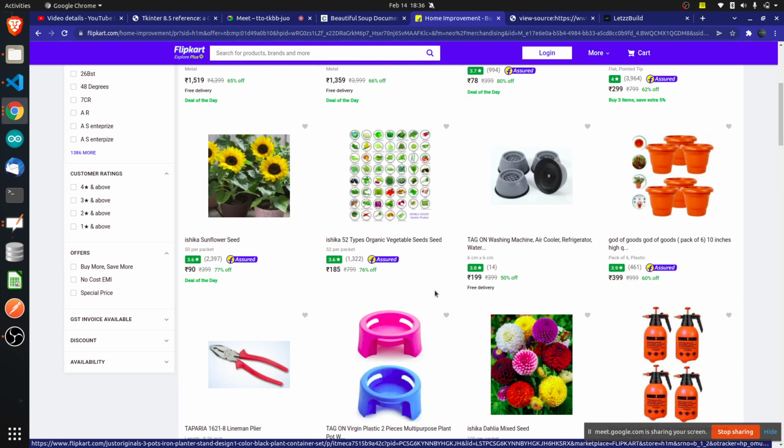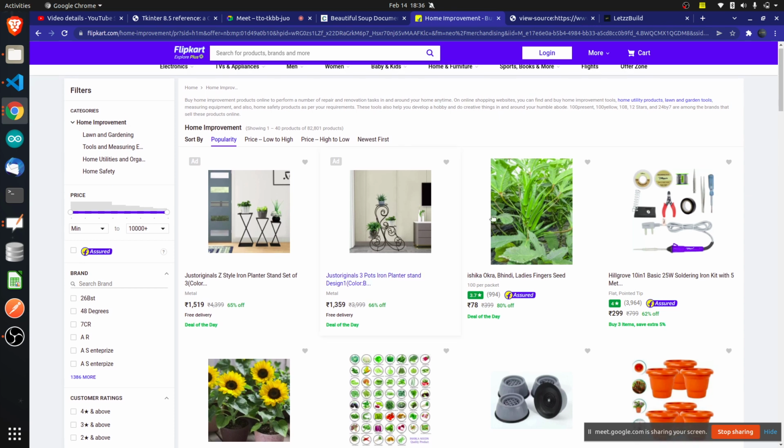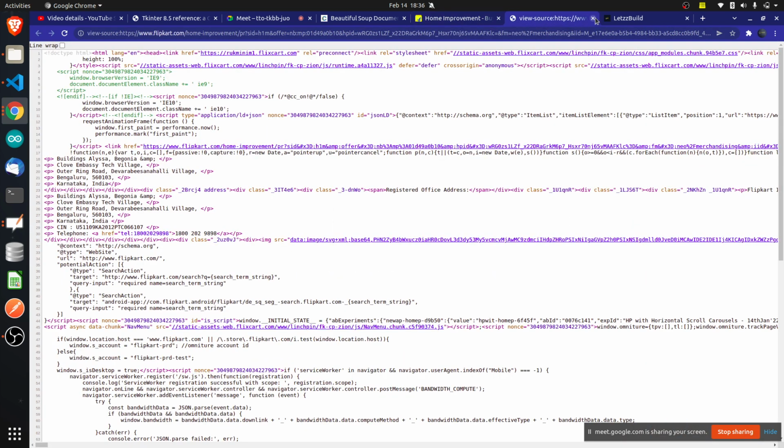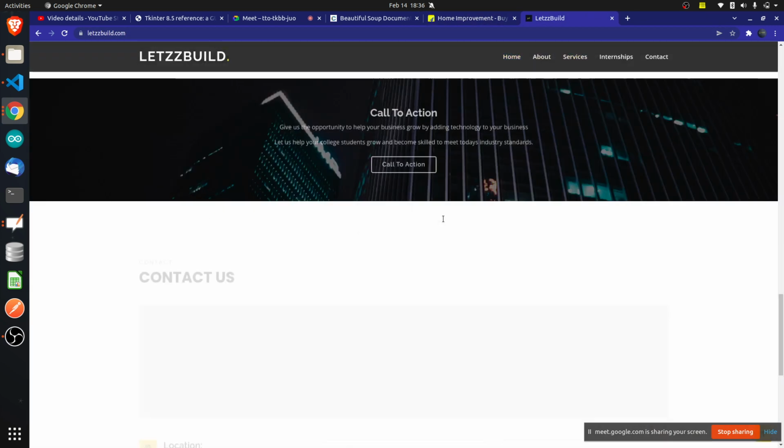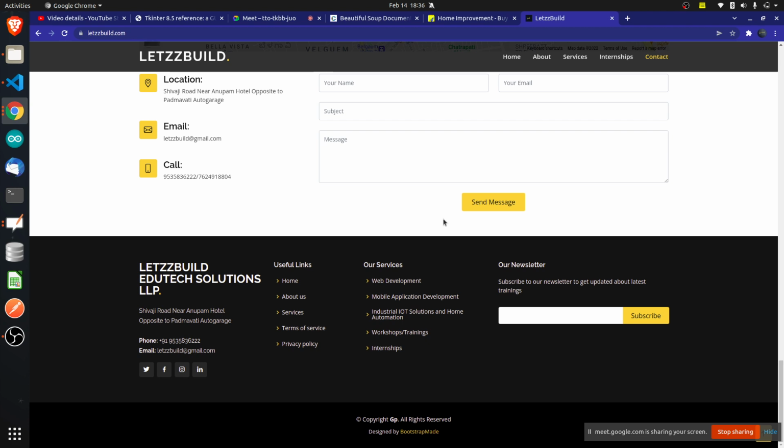If it is not built in React, there are front-end languages and front-end frameworks. If it is built using front-end frameworks, then you will not be able to see all that. But if it is built using normal front-end languages like HTML, CSS and JavaScript, then you can easily see it. For example, this one is built only in HTML, CSS, JavaScript, so you should be able to easily pull this data out.